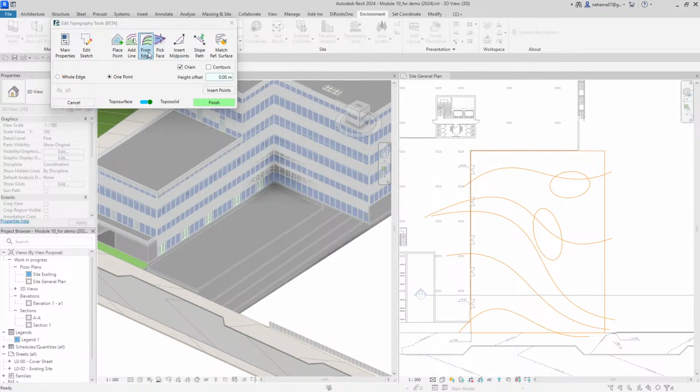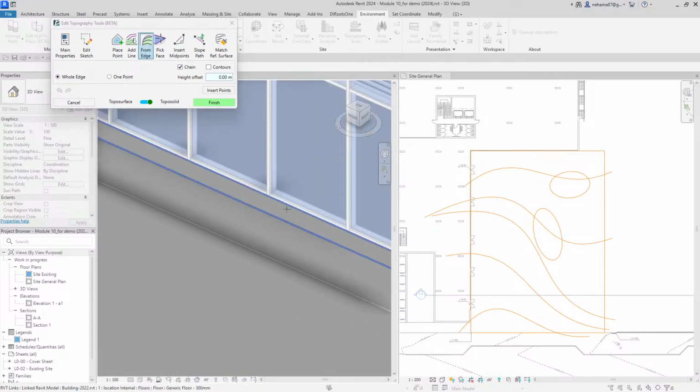So let's go to From Edge, and it can either do one point or whole edge. Don't forget to leave the chain option open here. By the way, pay attention that I'm actually using Toposolid now, and even though I can use Toposurface, this option is still available in Revit 2024 if you're using environment, but for now I'm just going to use the Toposolid. So let's go to From Edge, whole edge, chain, and all I have to do is just to go here,